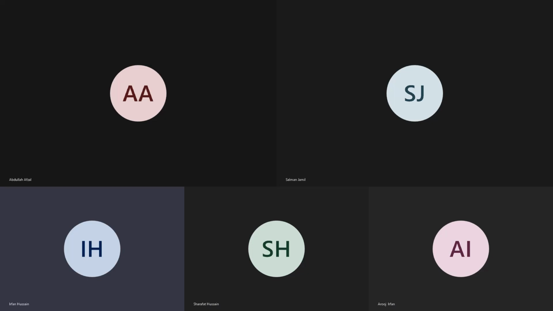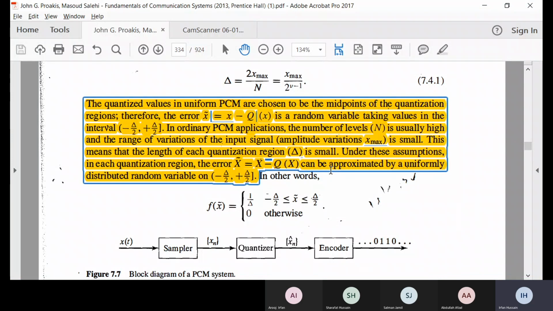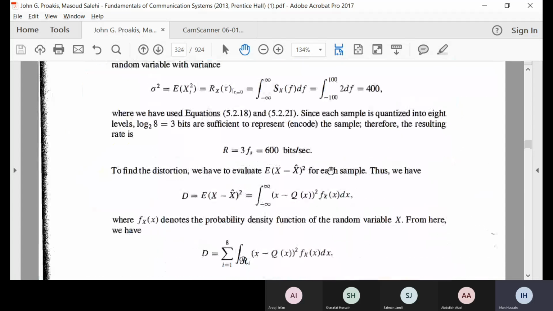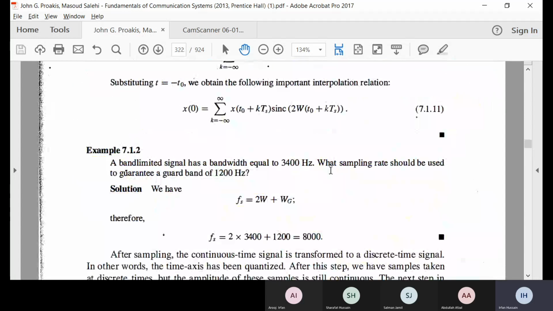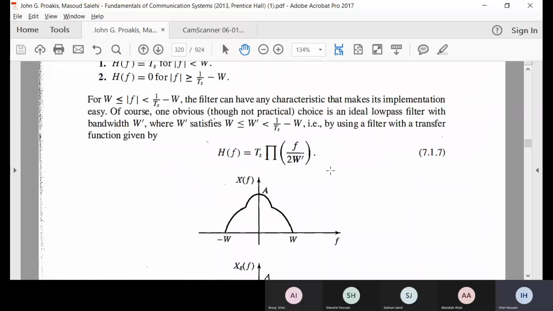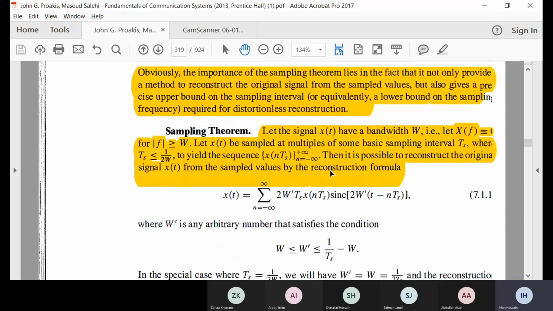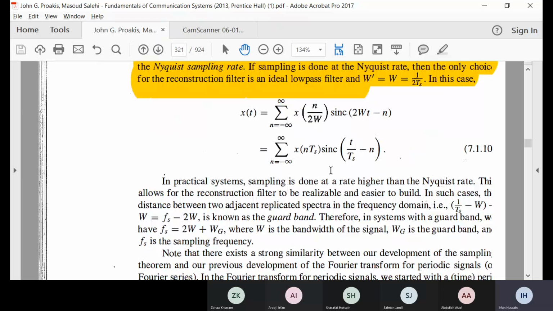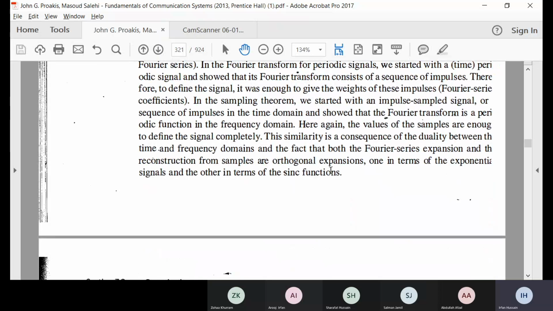All right. So if you could remember in the last lecture, we were studying analog to digital conversion, and we have seen the sampling theorem, the Nyquist sampling rate, and the reconstruction theorem, which was actually all covered in the famous Nyquist theorem or the sampling theorem. And we also saw its pictorial representation, guard band, all that. Other than that, I also told you some of the practical aspects that were missing